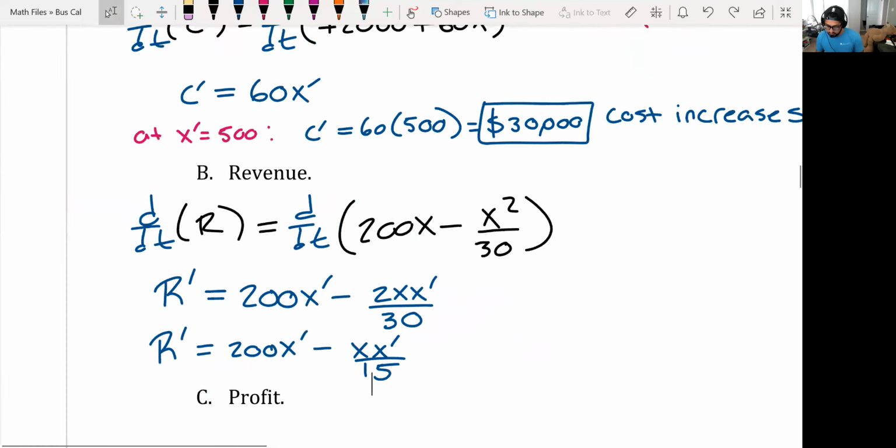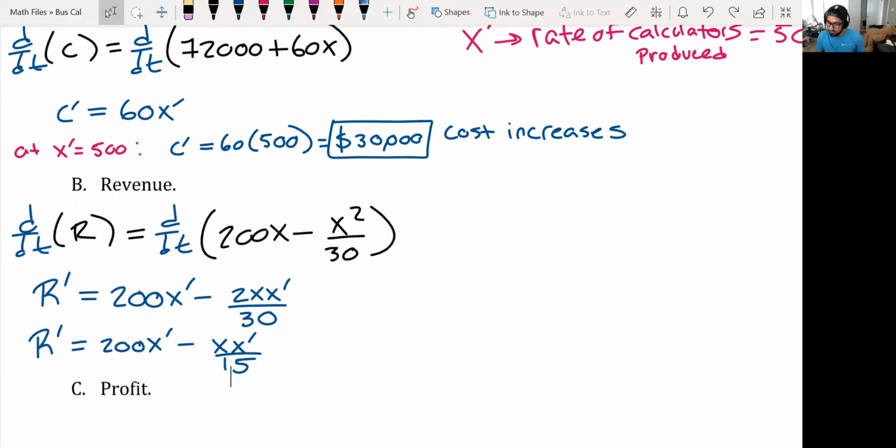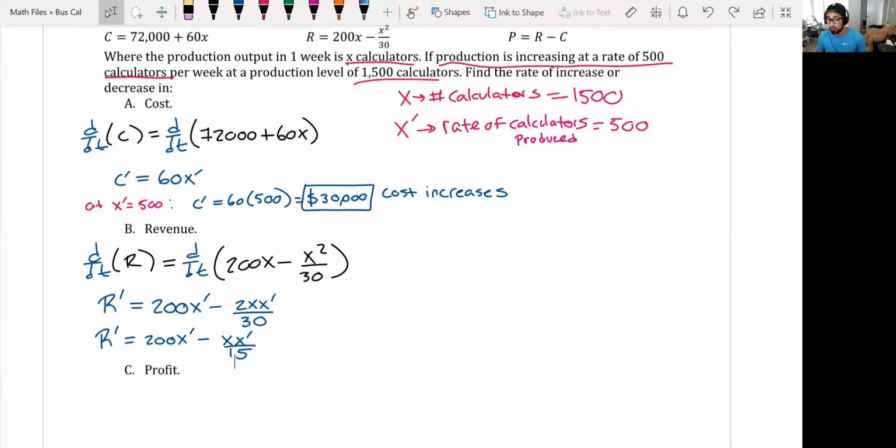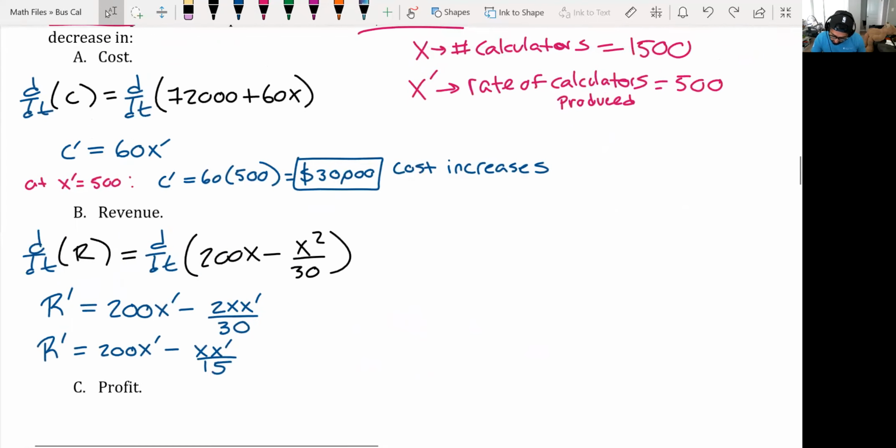Now, plug in x and x prime this time. So say at x equals 1500 and x prime equals 500,